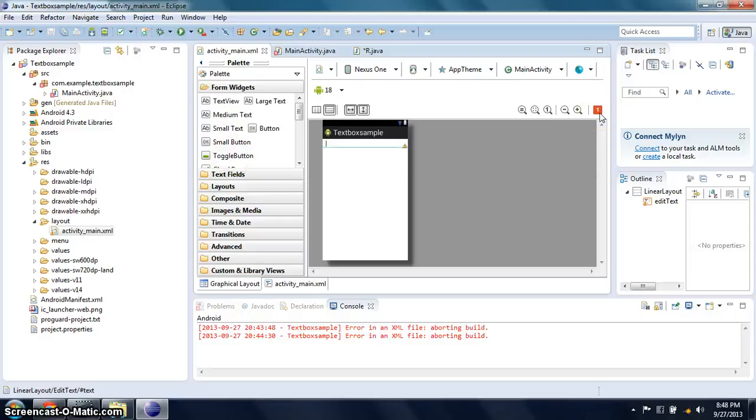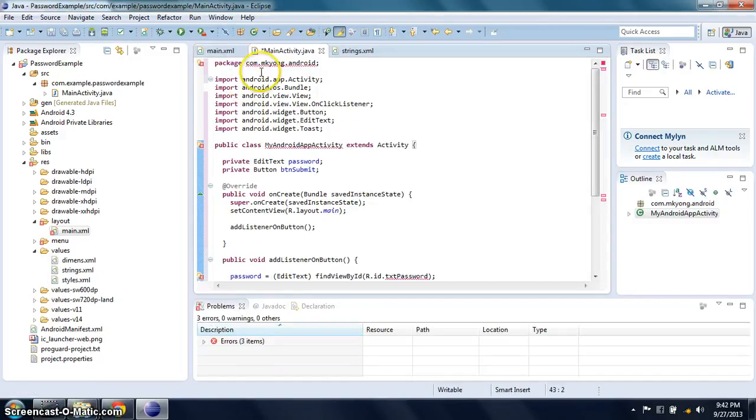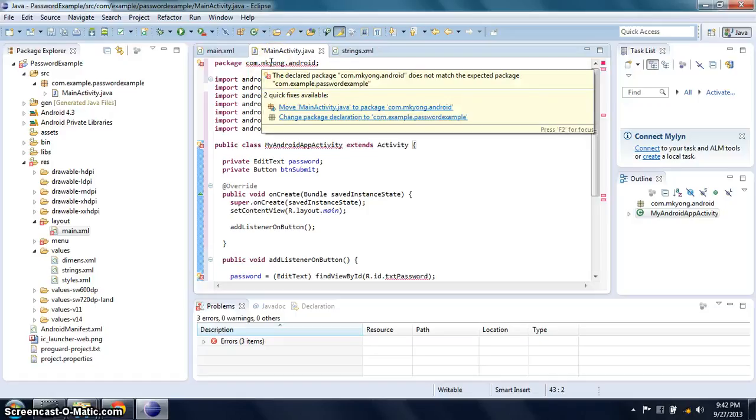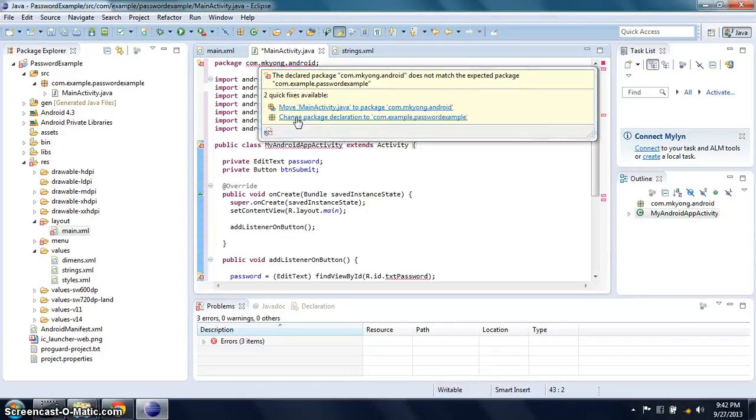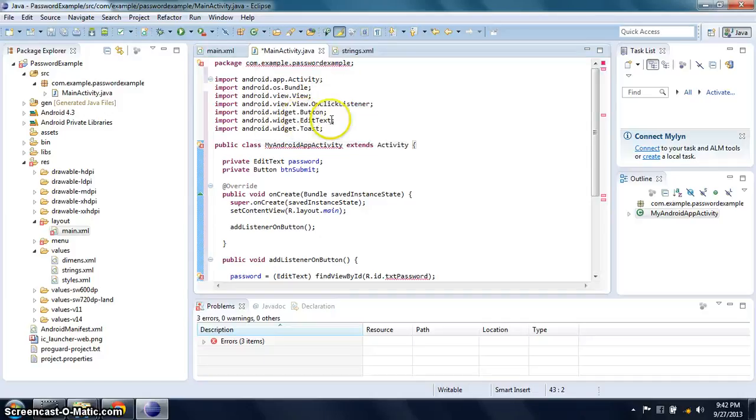Notice that we have some errors. You just have to lay the cursor above the errors, then just click the change package declaration. So the errors will be fixed automatically.